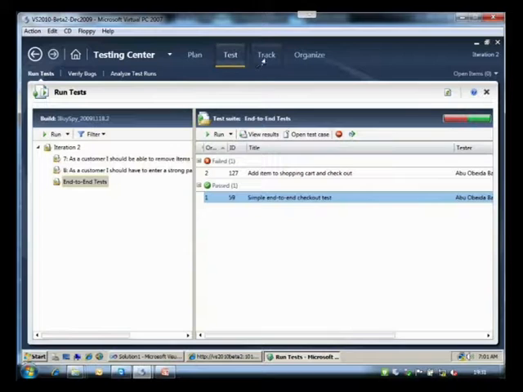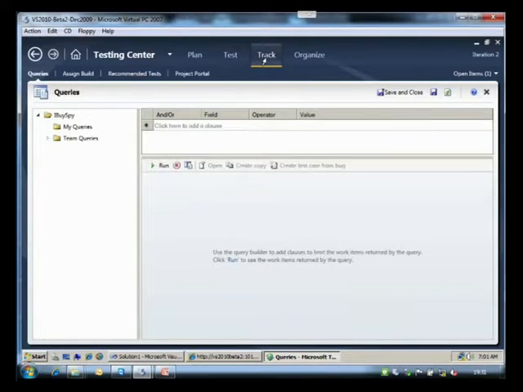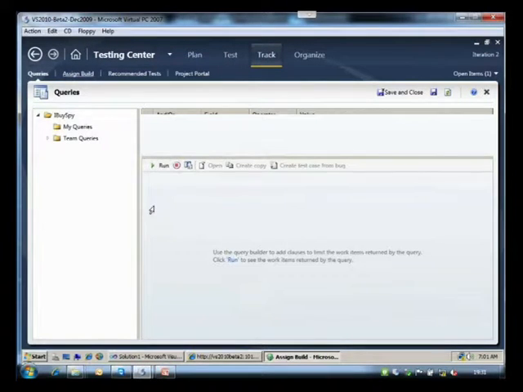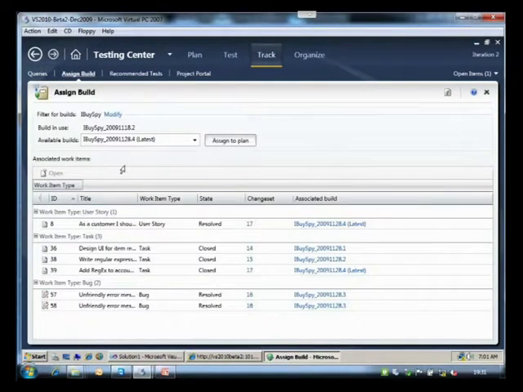Now I can actually go and click on the Track tab, and you have this Assign Build option here. Let me just go and click on that. So if you notice here, the build in use at this point in time, right, it says IBuySpy underscore whatever dot 2. But there's also a latest build available. Your developers have made available another build for you. So that's reflecting here at the bottom, right? So IBuySpy underscore whatever dot 4, that's the latest build. Now what you can do is, I can go and assign this build into my plan. When I do that,